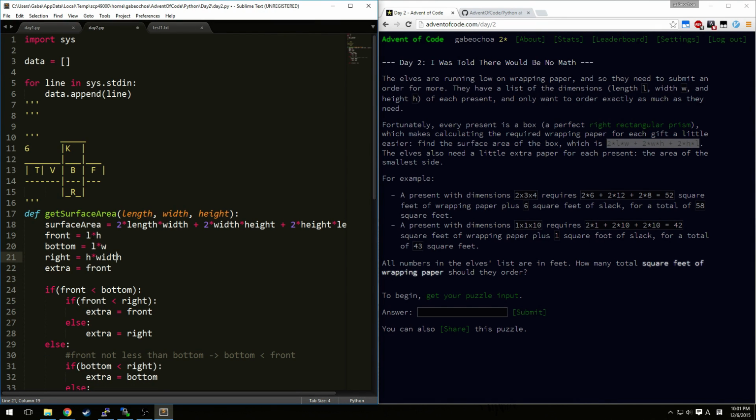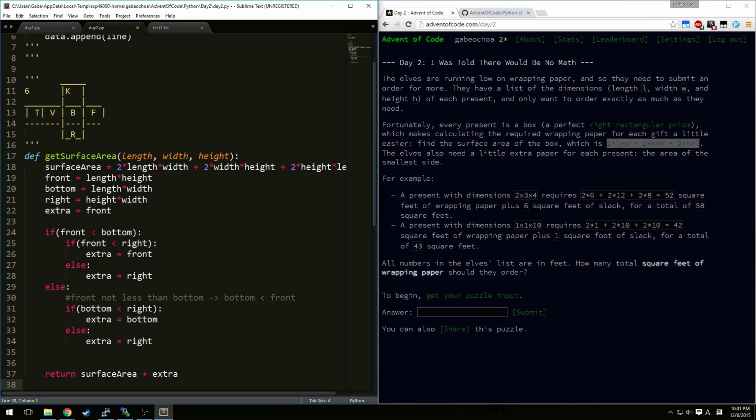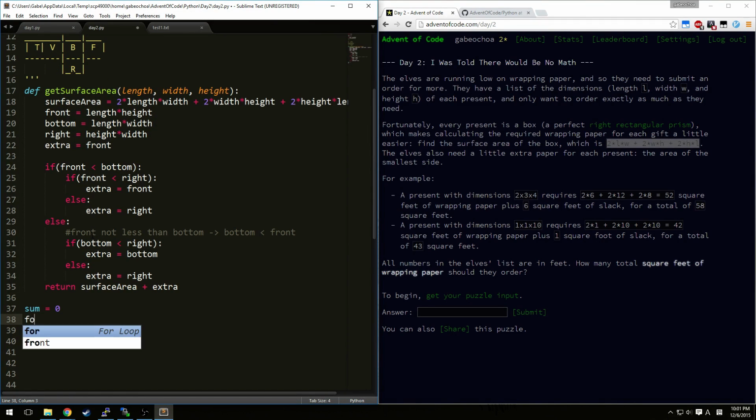And then we set the width. Okay. And then should be good as long as I didn't mess up syntax. And then all we have to do is just take the sum of, for line in data. We need to, what does the data look like? X, okay, so we're gonna split by X. Say dims equals line dot split on X, and then we just say sum plus equals get surface area dims